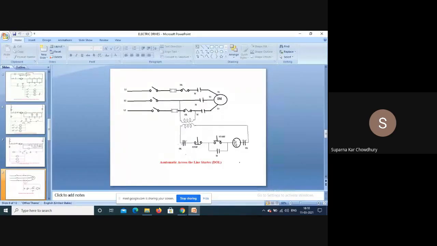So this is the main coil. Main coil M will have contacts in the power circuit, and in the control circuit it is the holding contact which will bypass the push button. So if we press the start button, this main coil is excited. So this contact will close, and the motor will start. Then we have the overload protection. So these overload contacts are normally closed. Whenever there is an overload, this overload protection will operate and this